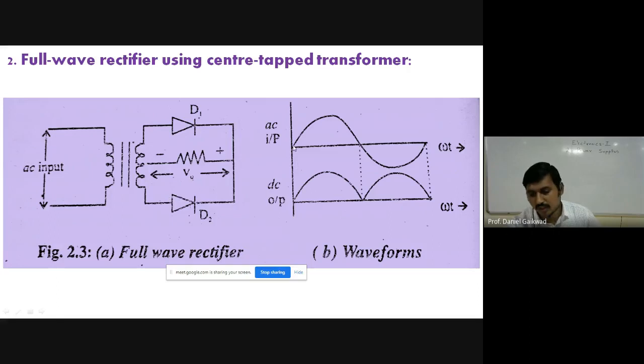Okay. And in case of the waveform, positive half cycle and negative half cycle. The positive half cycle appears exactly as the positive half cycle, but for the negative half cycle, instead of that we have again a positive half cycle. So both positive half cycles appear in case of full wave, and in case of half wave only a single half cycle will appear. So it is called a full wave rectifier. Both cycles appear as positive half cycles. That is the waveform, AC input and DC output with respect to omega t.